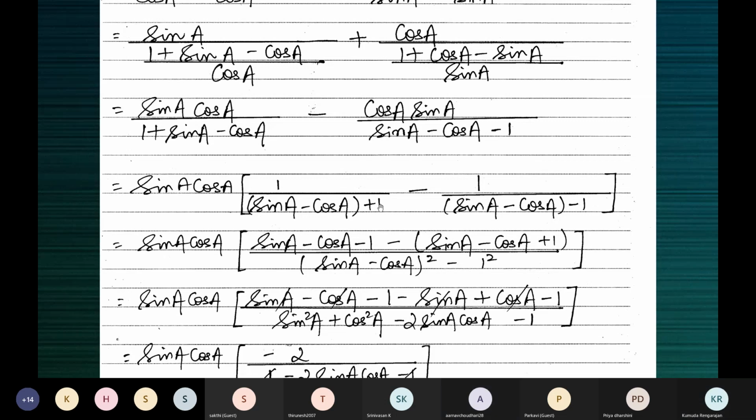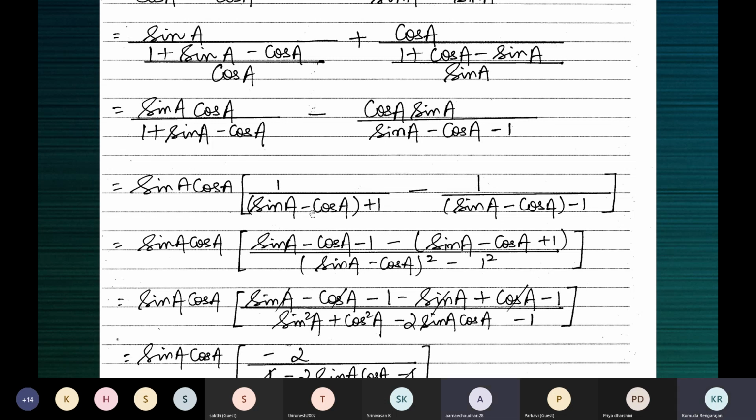So this is A plus B, and this is A minus B. The common denominator is A square minus B square. The common denominator is A plus B into A minus B. Since it's going to be too lengthy, we directly write it as A square minus B square. We can write these two itself, this one into this one, but it's too lengthy, so I wrote the result straight away. A plus B into A minus B is A squared minus B squared.